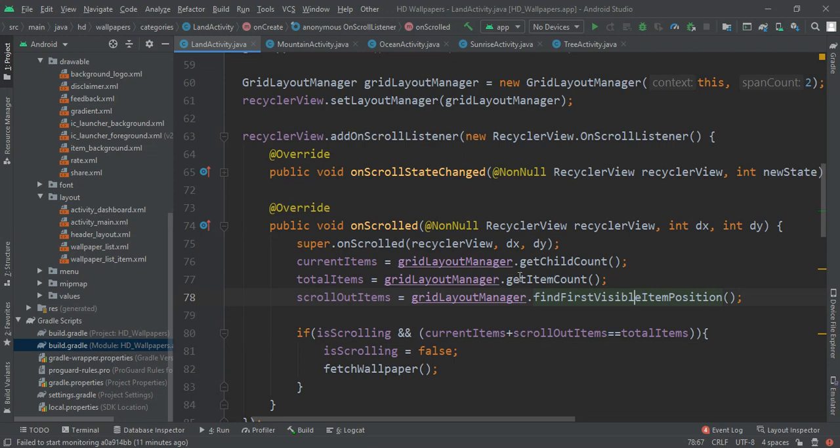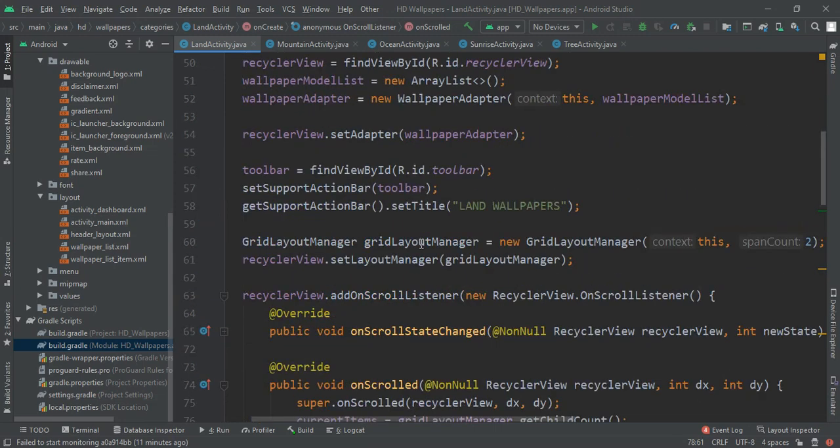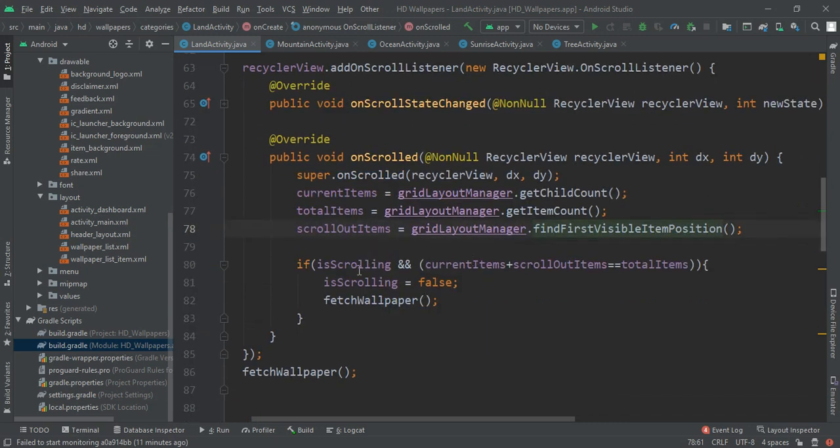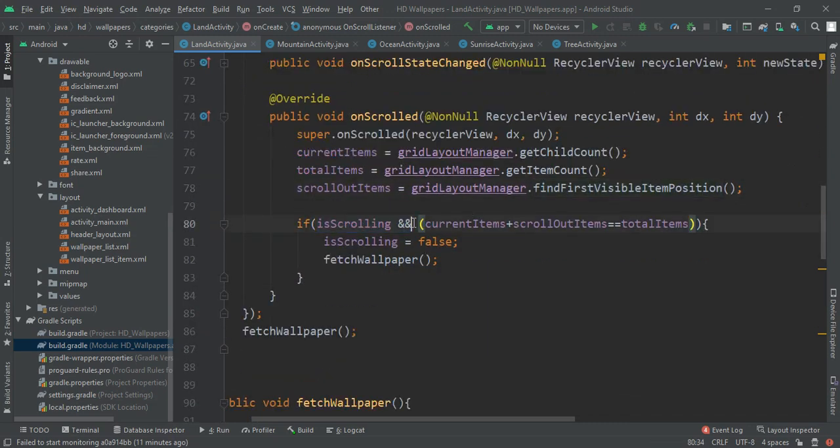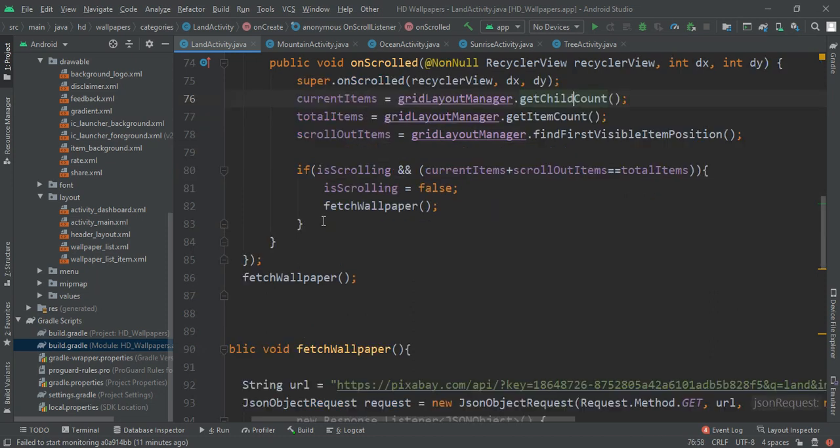So here we are getting these three things from the GridLayoutManager, and then we have: if isScrolling and currentItem plus scrollOutItem is equal to totalItem, then we are going to make isScrolling false and load our new wallpaper.